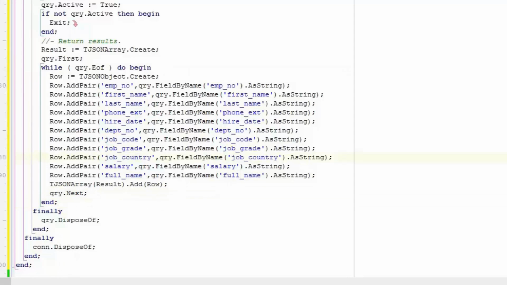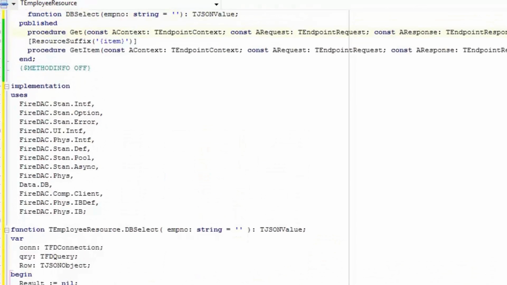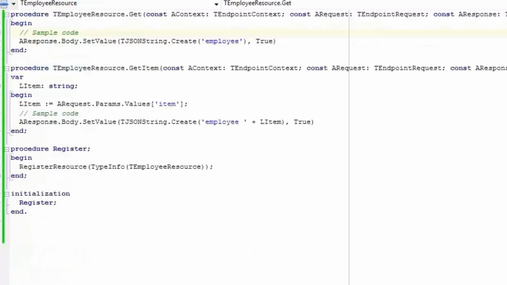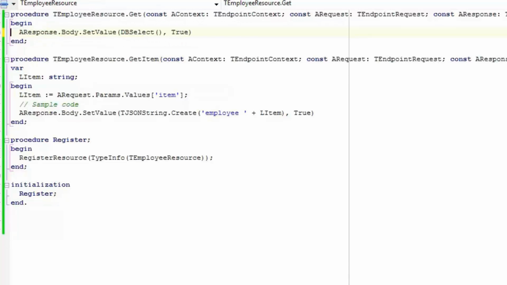So now let's go ahead and see how we return that from our endpoint. Well, let's look at the get method first. So get is intended to return all records from the database. So I'm going to come down here to get, and we need to change this code out. As you can see, the sample code already returns a JSON string. Well, I'm going to swap that out for our JSON object, which is dbSelect, and we don't pass any parameters in. So dbSelect, the method we just wrote, is going to return a JSON array, and that's what will get returned back. So let's take the same code again,